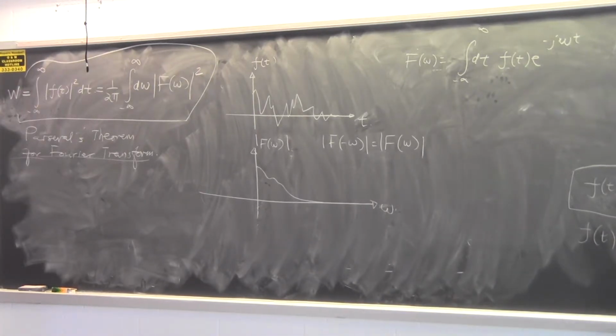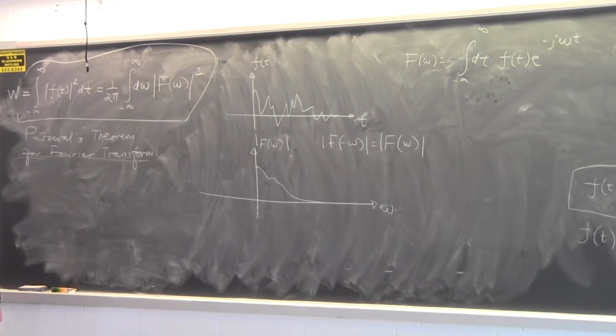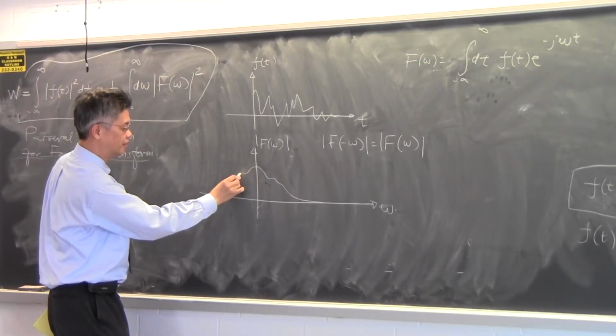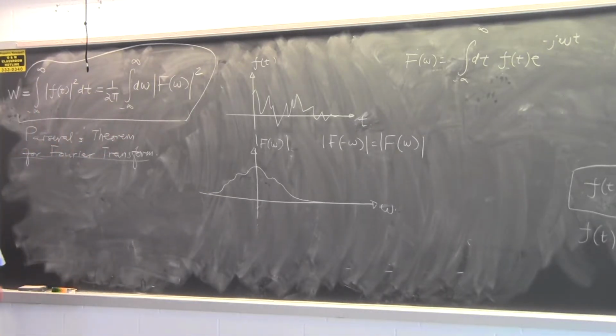A complex conjugation does not change the magnitude of a number. You just flip it like this in the complex plane. So if I plot this fully, then I should have something like this. It's supposed to be symmetric, but I'm not a very good drawer. I cannot draw symmetric things, but you can imagine that it's symmetric, a mirror image of each other. Then,